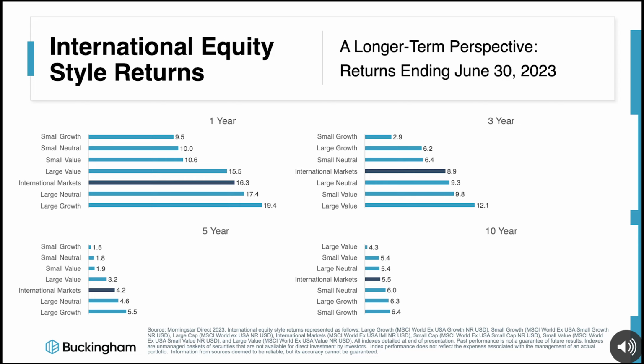Relating to the prior slides, we see that international markets have underperformed the U.S. market at all time horizons, with the 1 year performance trailing by 2.6%, the 3, 5, and 10-year performances trailing by 5%, 7.2%, and 6.9% respectively. Given these higher U.S. returns over all horizons, we expect portfolios concentrated in U.S. stocks to have outperformed a globally diversified portfolio. However, as we will see in the next slide, these relative performance numbers are not reason enough to abandon international stocks.